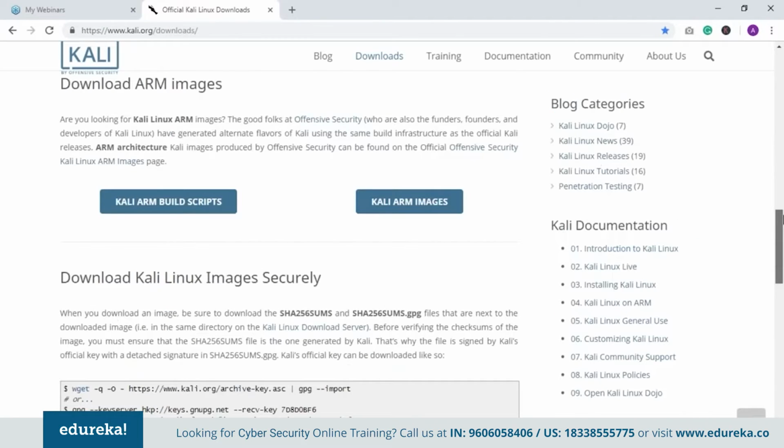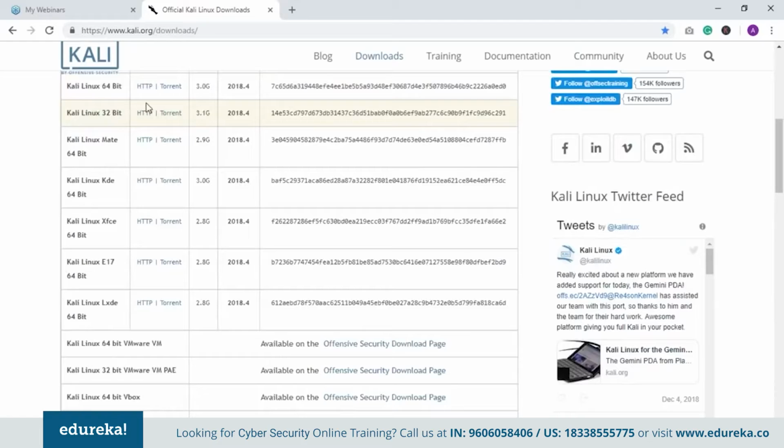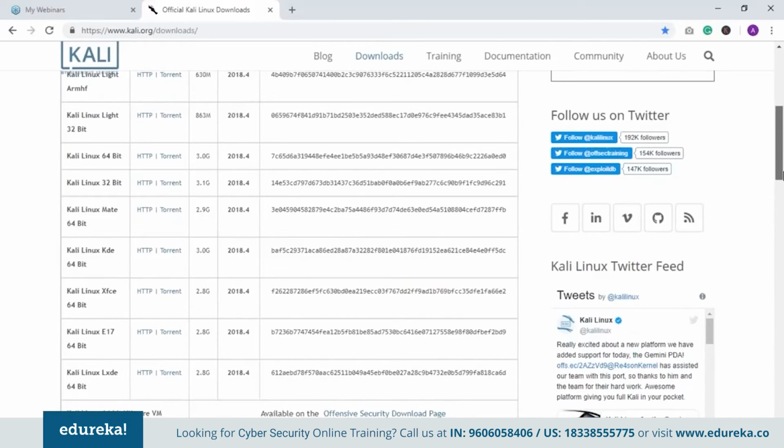It says Kali Linux 64-bit, 32-bit. So basically, if you click on this torrent or HTTP link, it will download an ISO file for you. Suppose you want to learn how to install Kali Linux from step 1 till the last step, then it's better that you download the ISO file and start installing Kali Linux using that ISO file. But if you want to skip the entire process and just start using Kali Linux, then you can go for this option. It says Kali Linux 64-bit VM for VMware, or 32-bit VMware, or 64-bit VirtualBox and 32-bit VirtualBox. Since we're already learning, let's just use the ISO file and learn how to install Kali Linux using it.